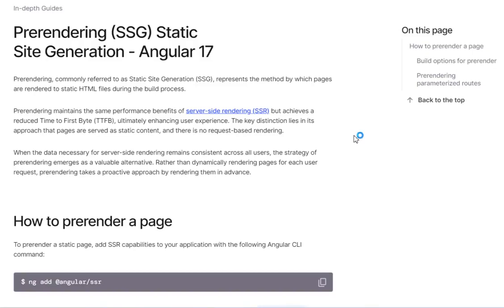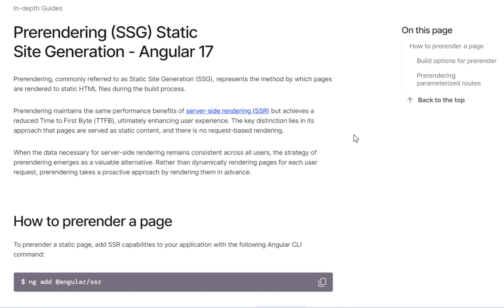I'm going to share a static site generation feature of Angular 17. Basically, SSG is a great feature provided by the Angular team in Angular 17. This feature is used to improve the application's performance and is also great for SEO related stuff, for indexing your page on Google search, and also helpful to index at the top of the Google search ranking.